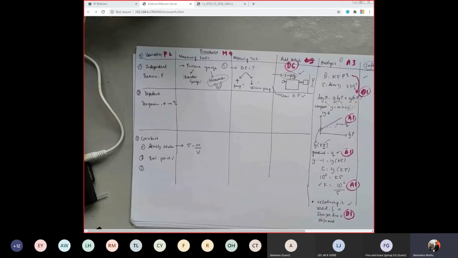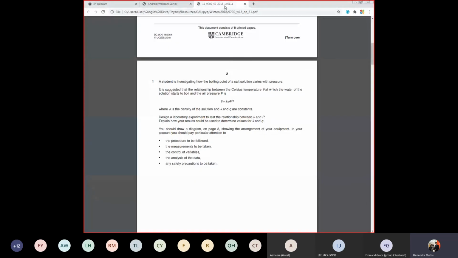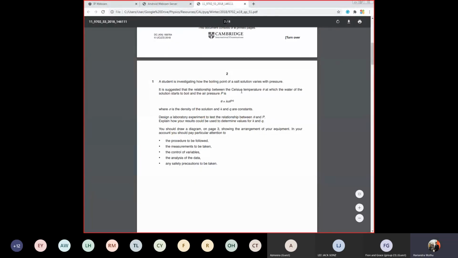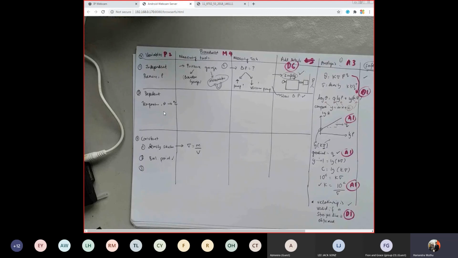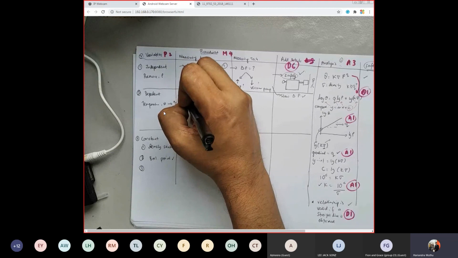Now we have to choose the appropriate one. Over here the question is quite clear that we are going to use water and a water salt solution, and it must be in Celsius temperature. So the best thermometer is basically the liquid-in-glass thermometer,